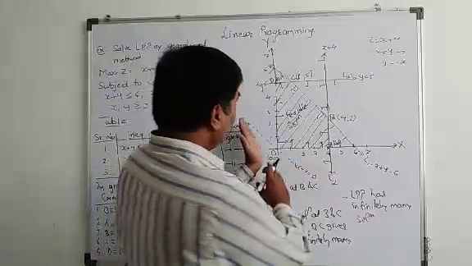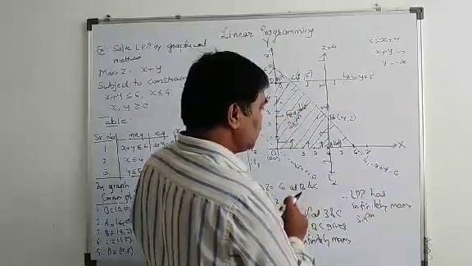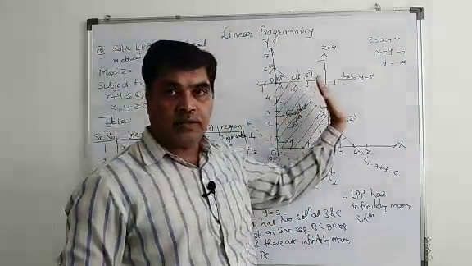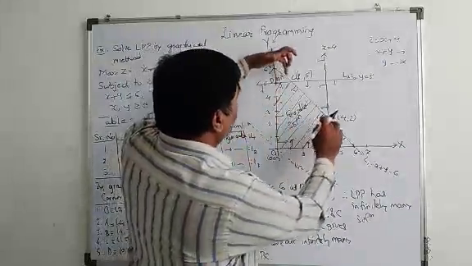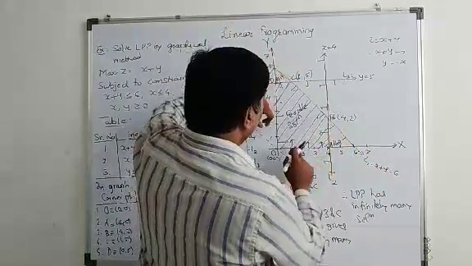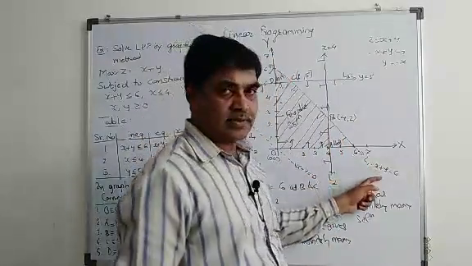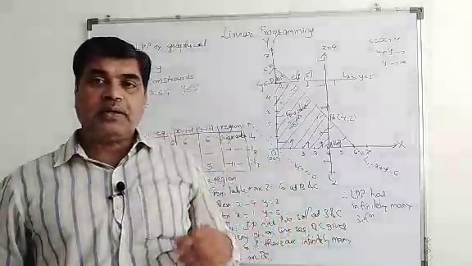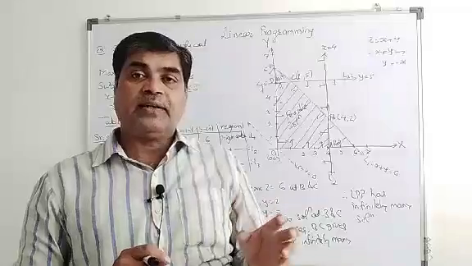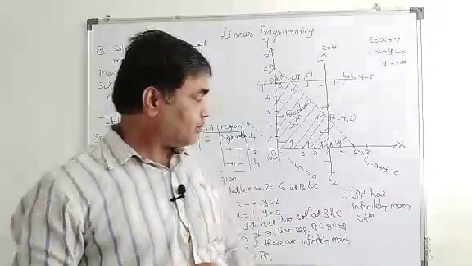value of z. So if I pull this line, now the equation of L1 is x plus y equal to 6 and this line is x plus y equal to 0. Here the coefficients of x and y are in proportion, which means these two lines are parallel. So if I pull this line, it will coincide with this BC line, and therefore every point on BC gives a solution for x plus y to be 6. This is the graphical way of finding the z value, finding at which point the maximum or minimum is attained.